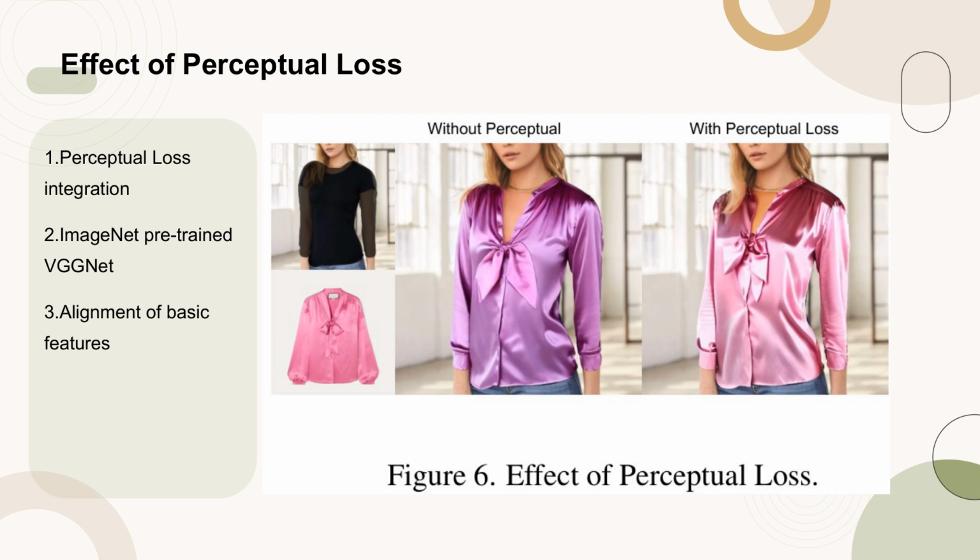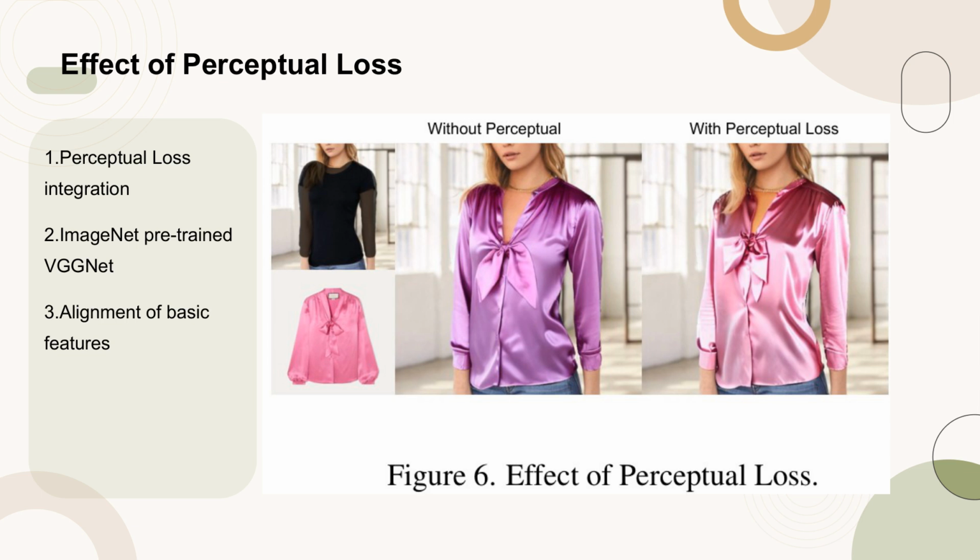Figure 6 illustrates the effect of integrating perceptual loss into the image generation process. By using an ImageNet pre-trained VGGNet, the perceptual loss helps in aligning basic features such as color and certain textures between the generated and the source images. This integration enhances the quality of the generated images by ensuring a closer match to the source in terms of